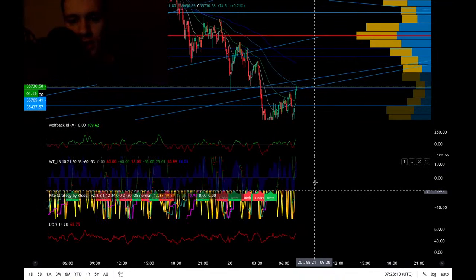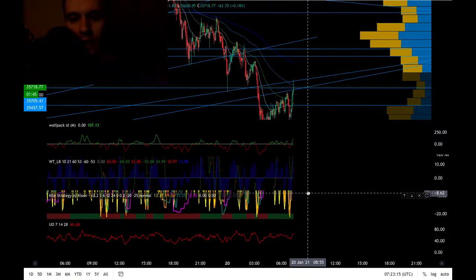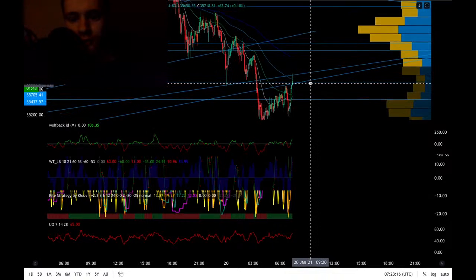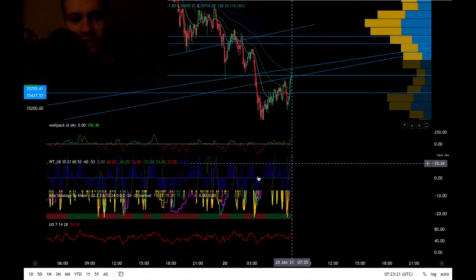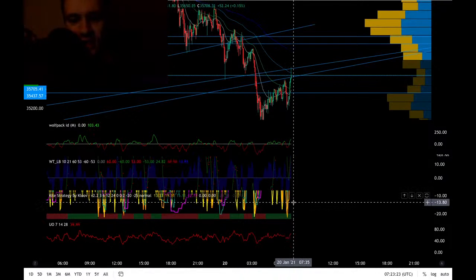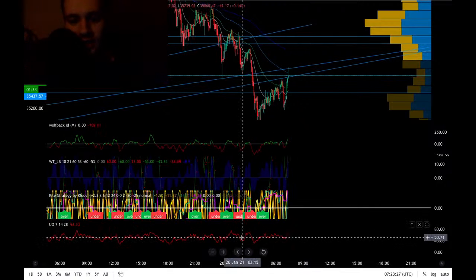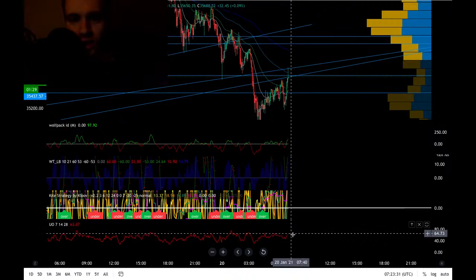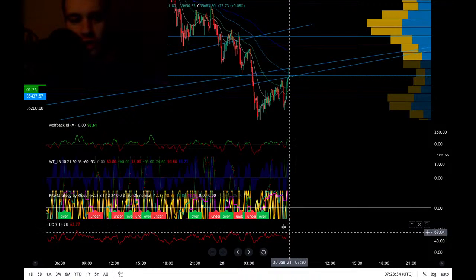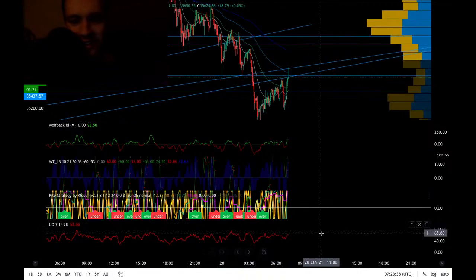What's the RSI saying? Overbought, yeah. I mean, the RSI needs to calm down. Or not the RSI, the price action needs to calm down. So this isn't the RSI. I keep saying the RSI because this is essentially the RSI, it's the type of indicator. We're seeing a little bit of divergence on the ultimate oscillator. If you zoom in